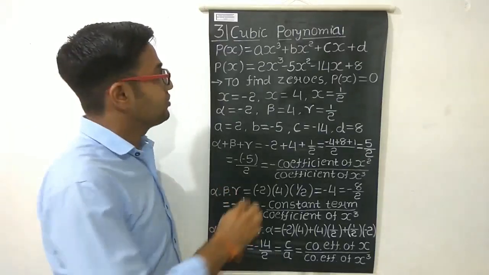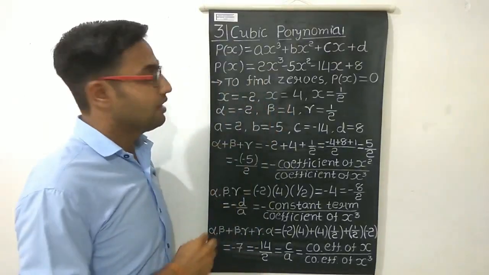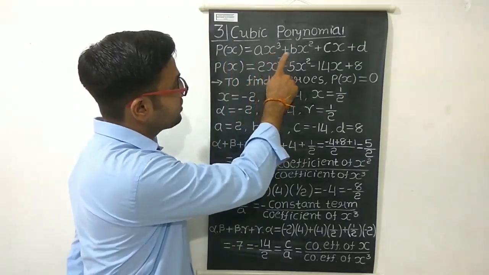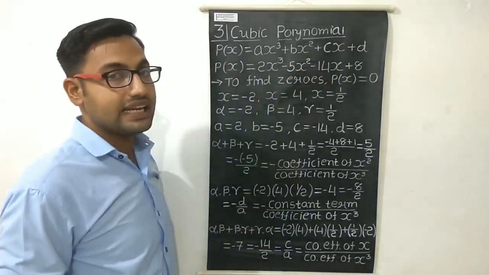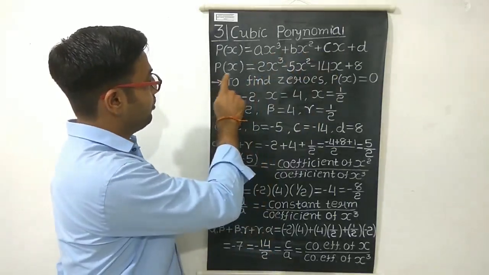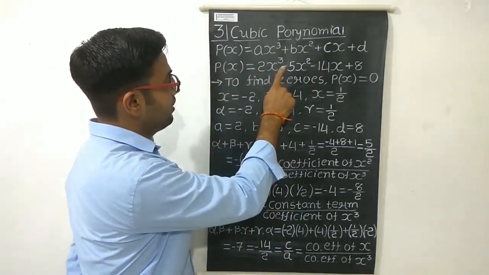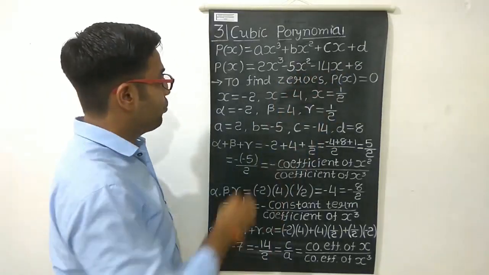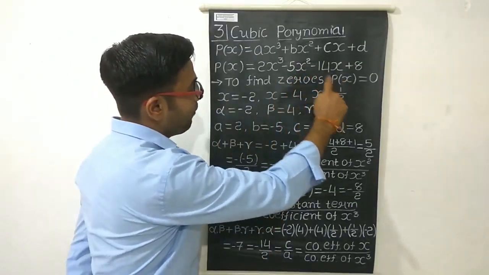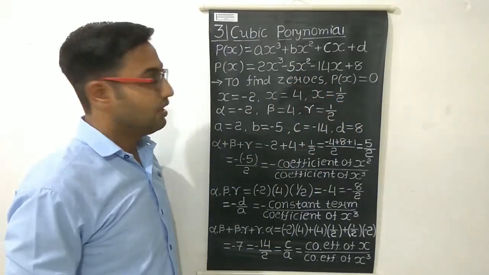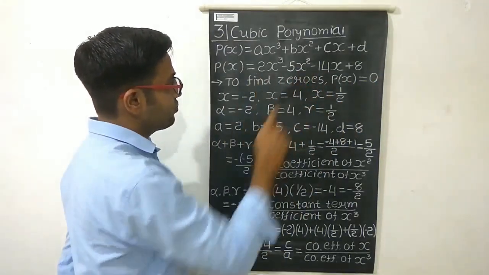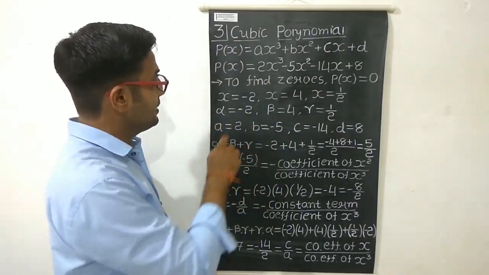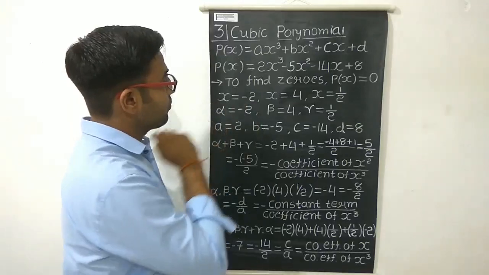The third type is the cubic polynomial. The standard form of a cubic polynomial is P of x is equal to ax cube plus bx square plus cx plus d. One example is P of x is equal to 2x cube minus 5x square minus 14x plus 8. To find the zeros, we have to take P of x equal to 0. Here we are not actually finding the zeros of this polynomial. The zeros we have given in the example are: one zero, x is equal to minus 2,